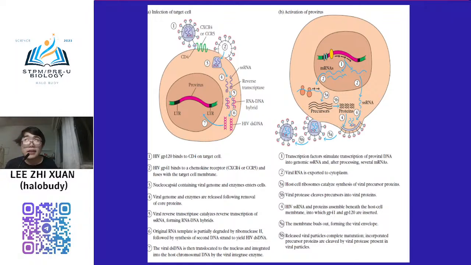It will not attack the normal cell, not like COVID-19. COVID-19 attacks what? It attacks our lung, right? HIV is very smart. It attacks the helper T cell. Wow, very clever. It attacks your immune system first, and it attacks your initial immune system cell, the helper T cell, directly.